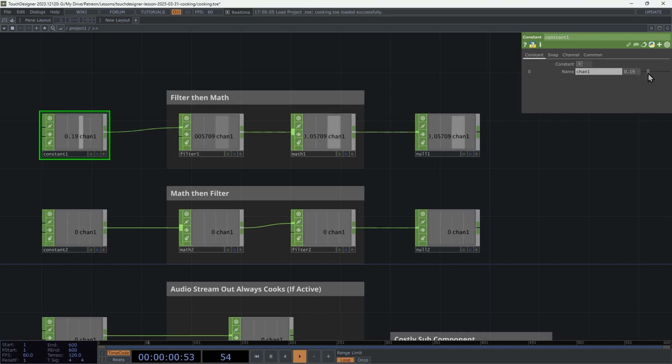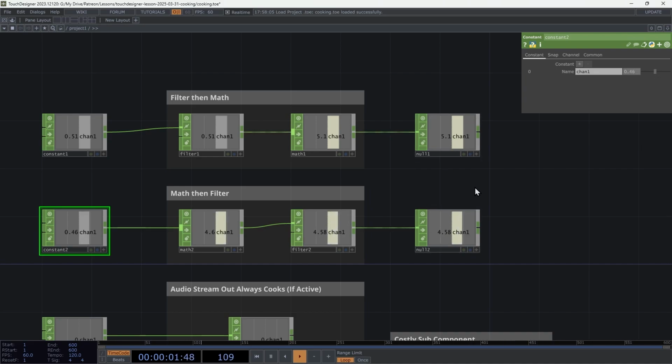So the total behavior of either of these chains is going to be the same. So if you change the input, it's going to smoothly transition to whatever that value is over a certain amount of time and then stay there. And then that value will be scaled by some amount with a multiplier by 10 in this case. So both of these are going to behave the same way so that what you see in the output is going to be the same,